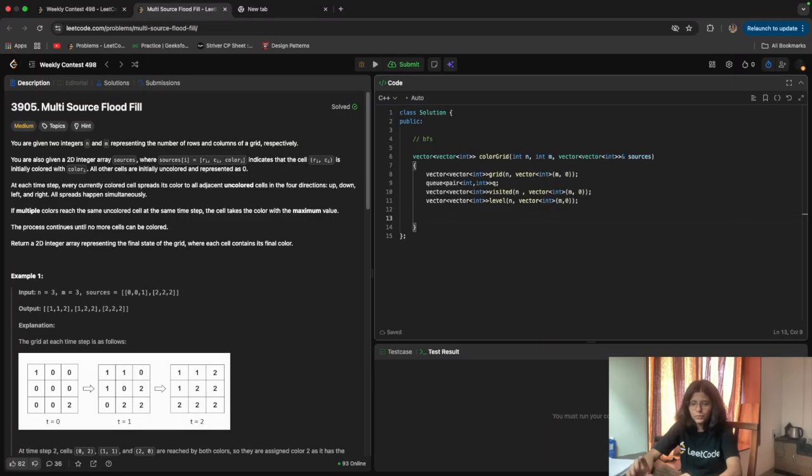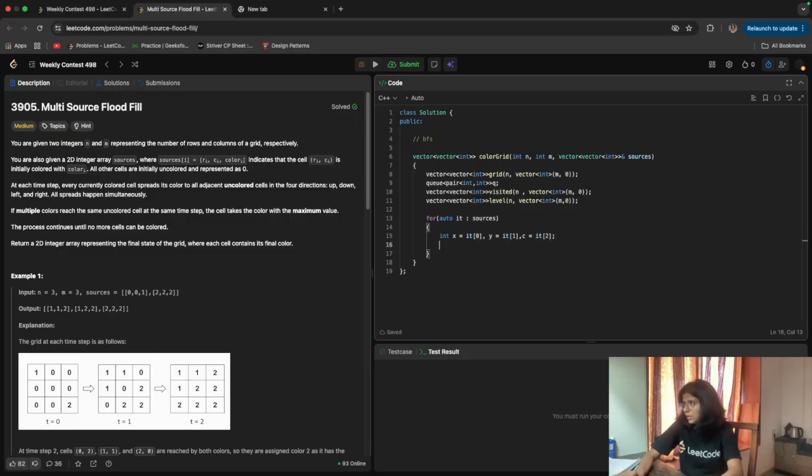Whichever cells are colored first, I need to push those cells in the queue. So for auto id I will take from sources, and I'll say x is sources at id 0. They have told us the first will be row, so x value is 0, then y is 1, and my color value is id 2.